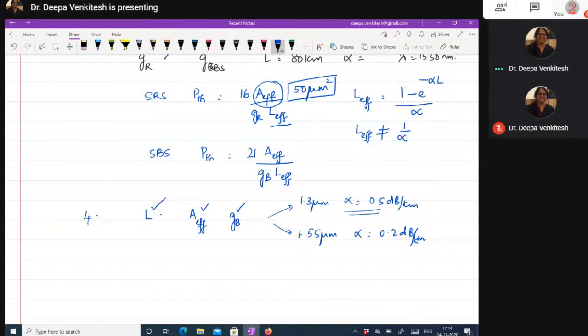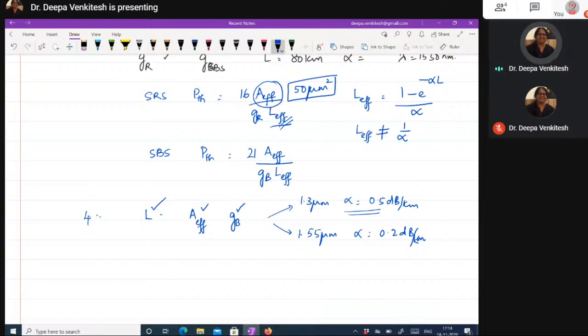When the effective length becomes smaller, it means that the threshold becomes larger. So it is always better to use 1550 nanometer because the loss is smaller, so the effective length is longer, and the longer the effective length,